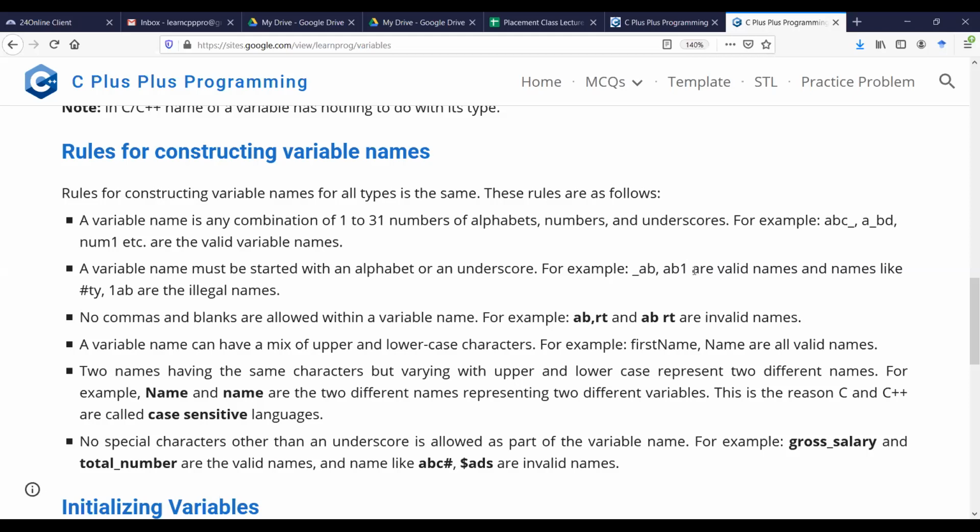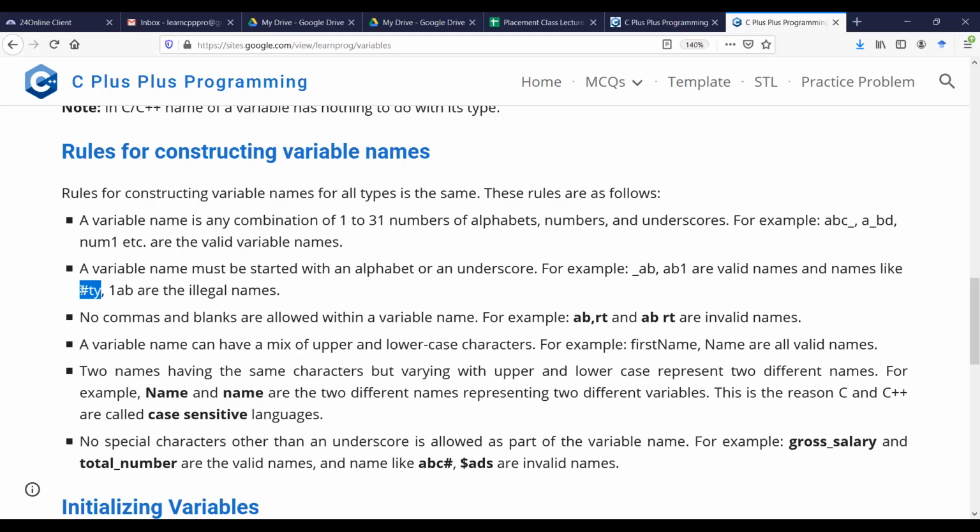So here I have listed a few example valid variable names. The first one I have started with an underscore followed by an alphabet, and the second one I have started with an alphabet followed by a digit. That means a variable name cannot start with a digit or a number like this. So this one is illegal, and it cannot start with any other special character, such as hash, dollar symbol, or any other special character. It doesn't accept it as the starting character of the variable name.